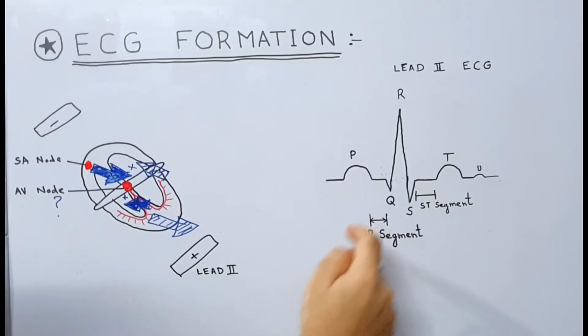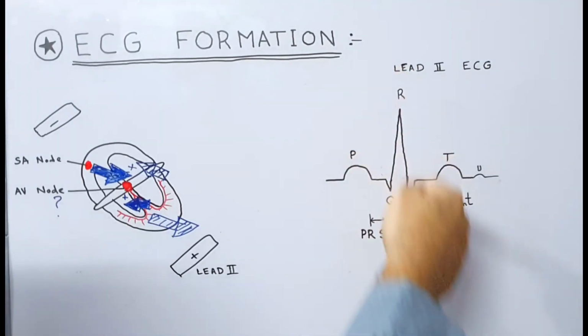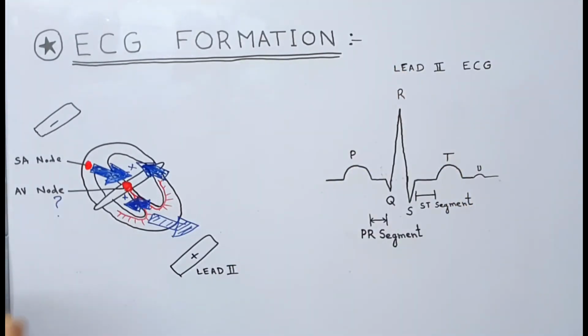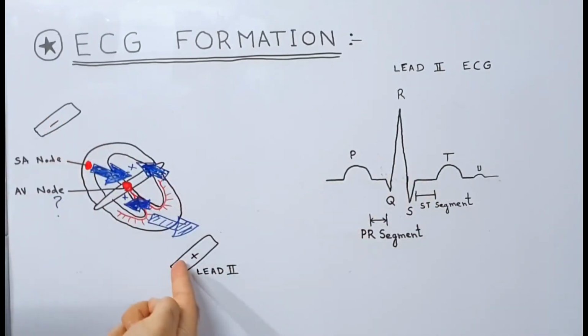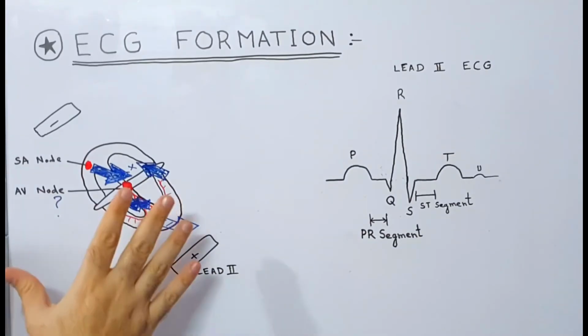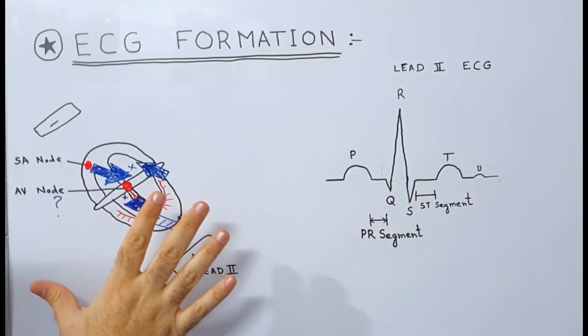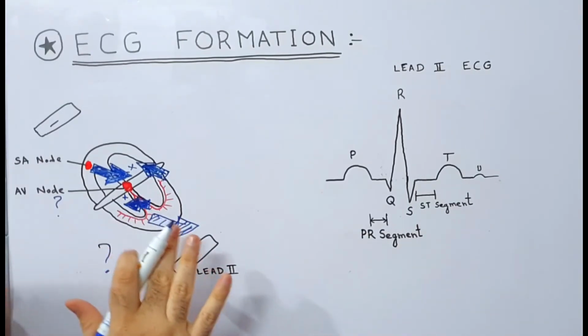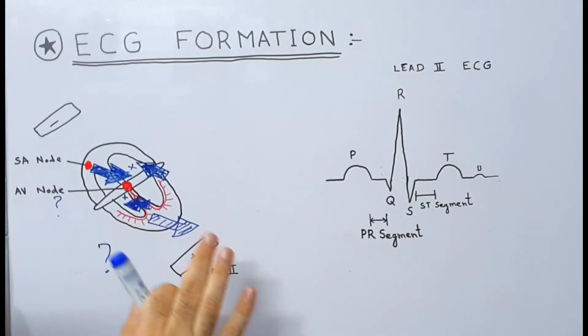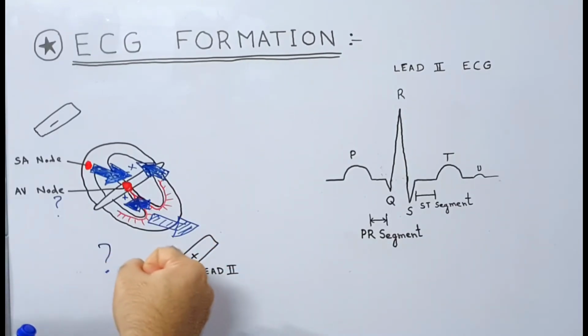positive electrode, and we get this large upward deflection in the form of R wave. After that, when the bases of the ventricles are depolarizing, we get this negative deflection once again because the vector is pointing away from the positive electrode. Now the whole of the ventricle is depolarized. Again, there will be no resultant vector because whole of the ventricle will be depolarized and no current is flowing through it. It is in the contracted form.